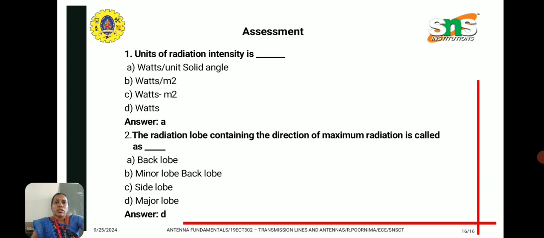Assessment questions. Units of radiation intensity, as we discussed, are watts per unit solid angle. And the radiation lobe containing the direction of maximum radiation is called as